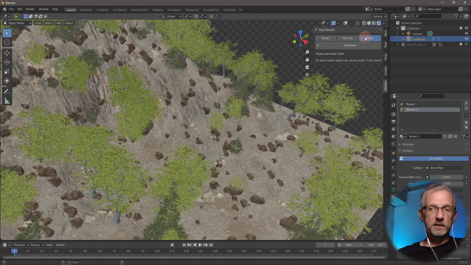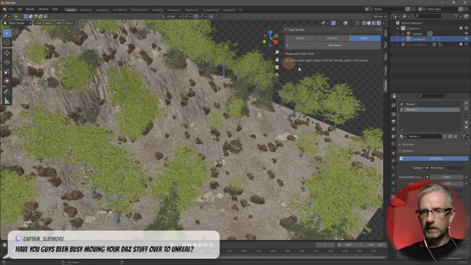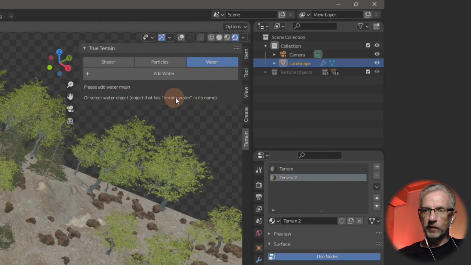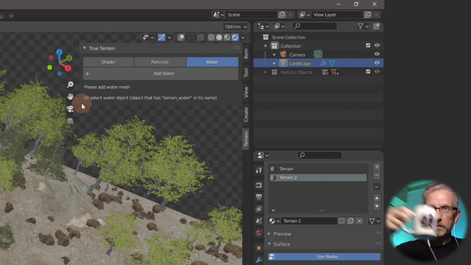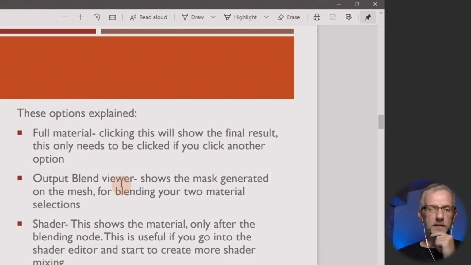Let's take a look at water. Please add a water mesh or select water object. Something about water in its name. Or select water object. Object has terrain water in its name. Okay. This is gonna be crazy. Let's see what else the